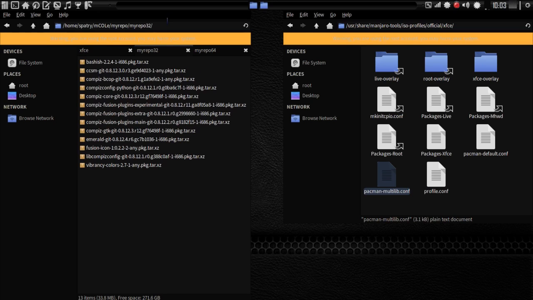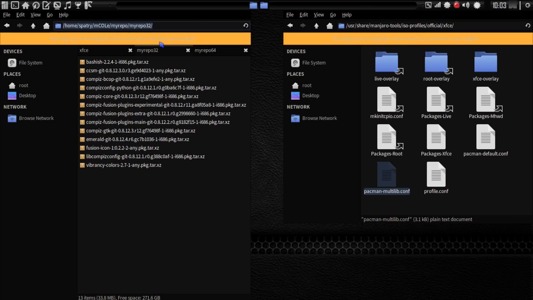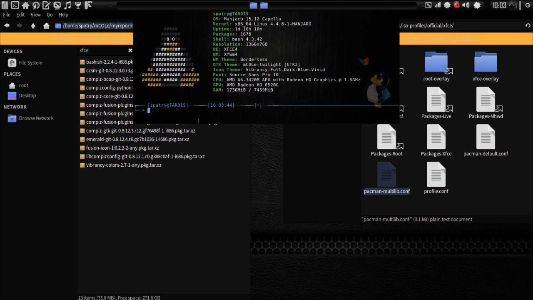First, what I'm going to do is copy the location here. Let me open up my terminal and change directory to where I'm going to be. Now, note the name of the directory. That is myrepo32 in lowercase letters. So, I'm going to add repo-add, myrepo32